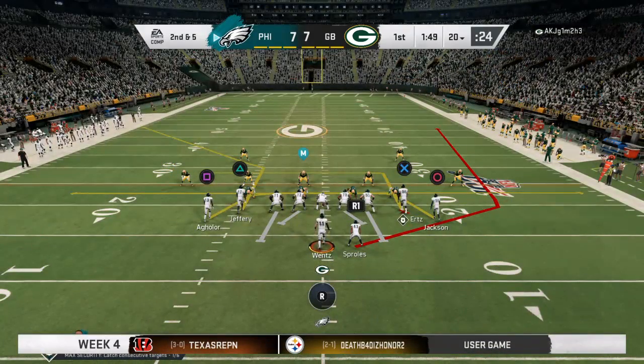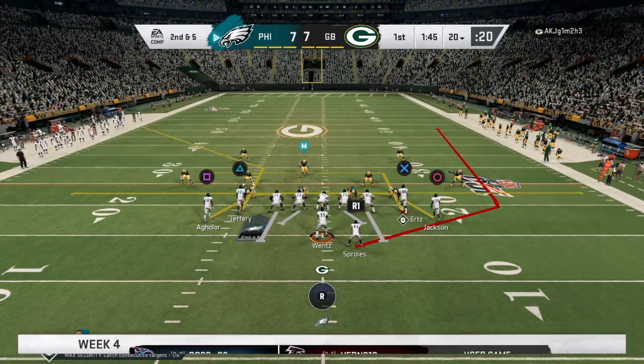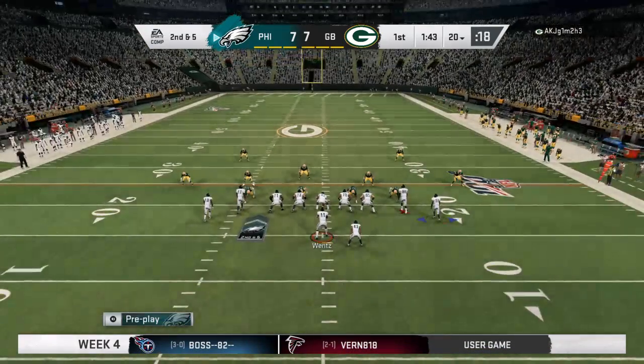After the pickup of 5, here's 2nd and 5. It's just me and you. It's just me and you. It's just me